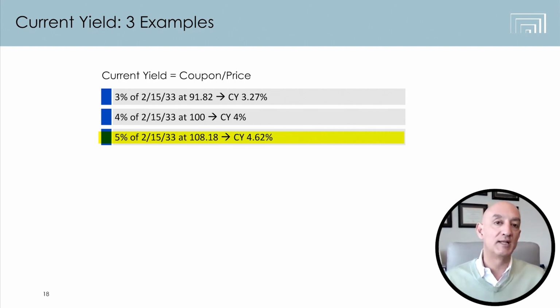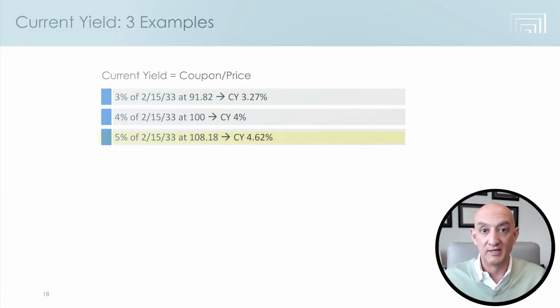This number doesn't really matter as much as yield to maturity because it doesn't tell you that that bond is going to move up or down in price between now and maturity, right? It just tells you dollar for dollar, what are you netting on your money for getting any price movement. Not as important, but still something that you should be aware of.